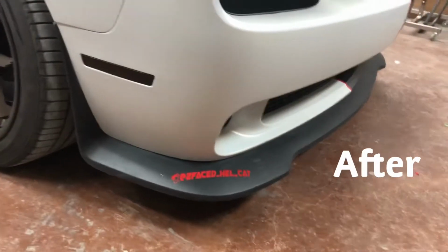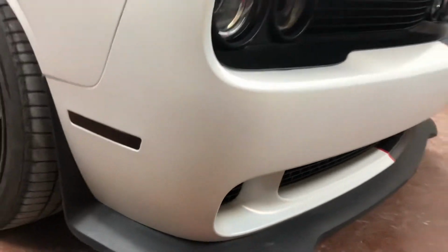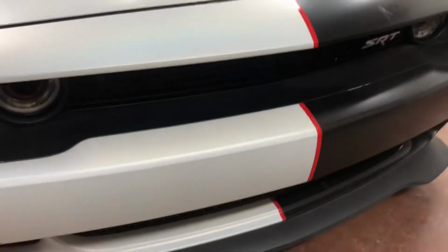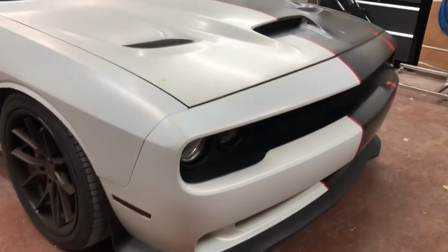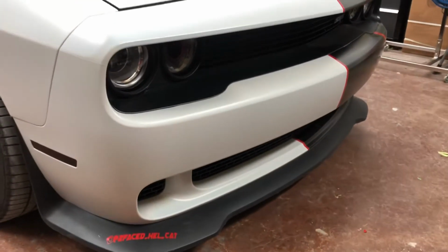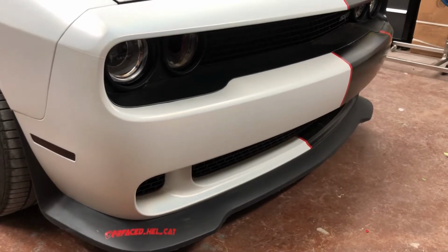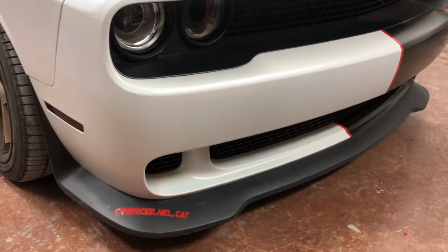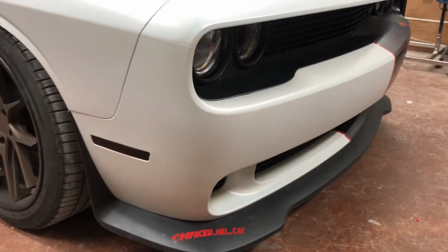Alright, so, that's where it was. New piece has been installed, and you can't even tell, and that's done. So you can see it only took about an hour. They had to take the bumper off, they had to respray it,